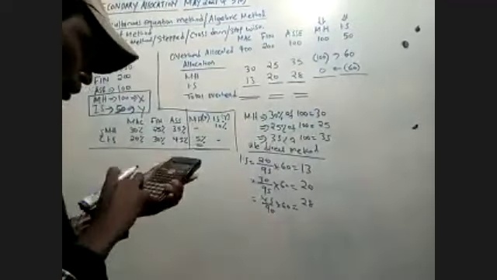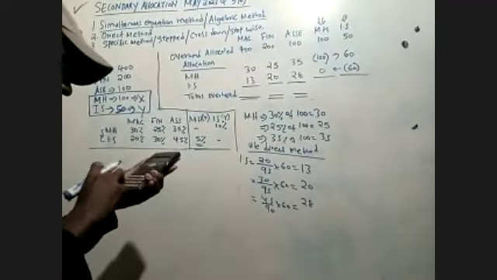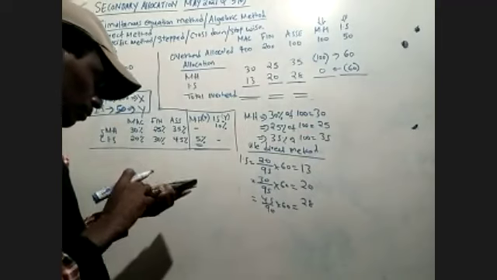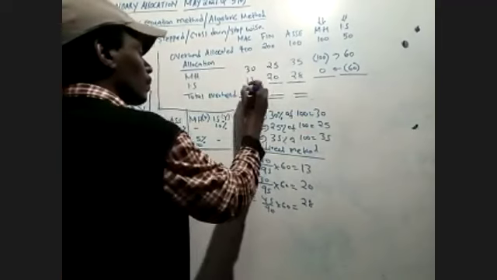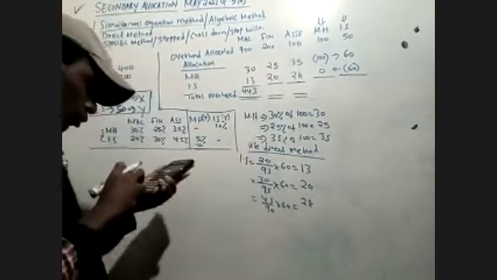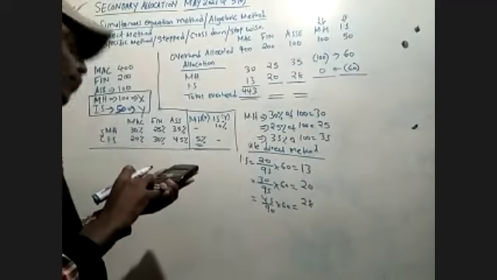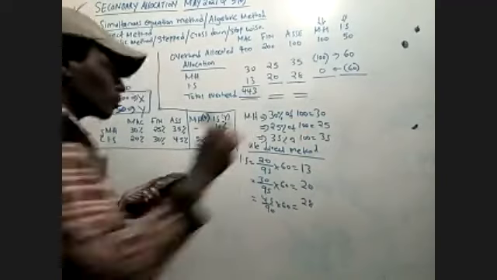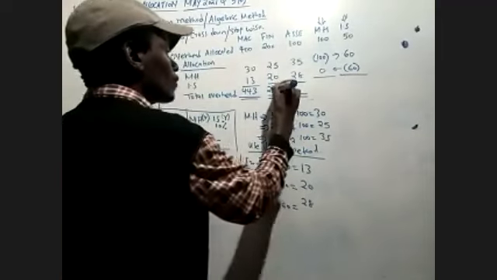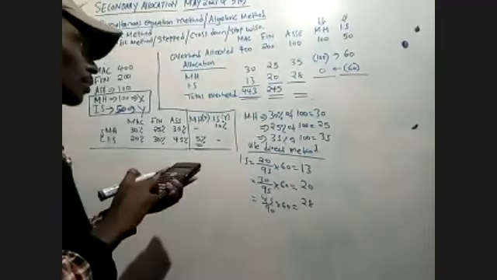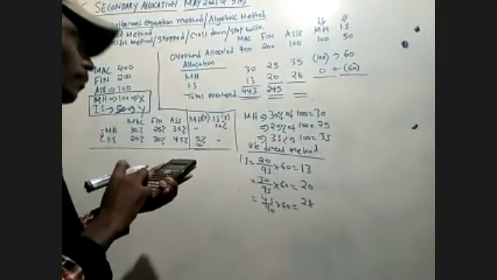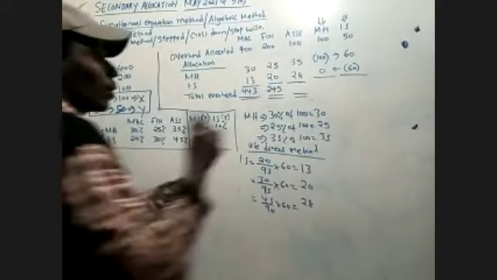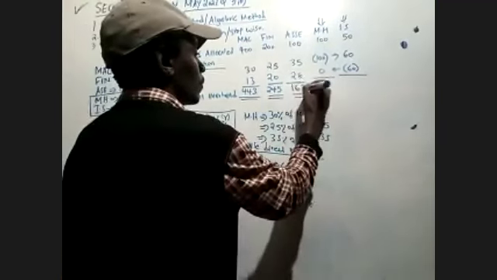Itakuwa ni 400 plus 30 plus 13, 443. Then 200 plus 25 plus 20, 245. Then 100 plus 35 plus 28, 163. So that's how you do